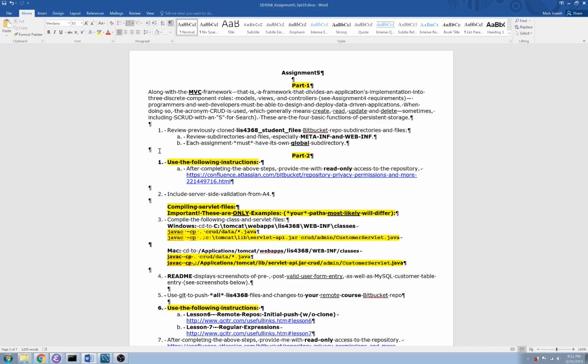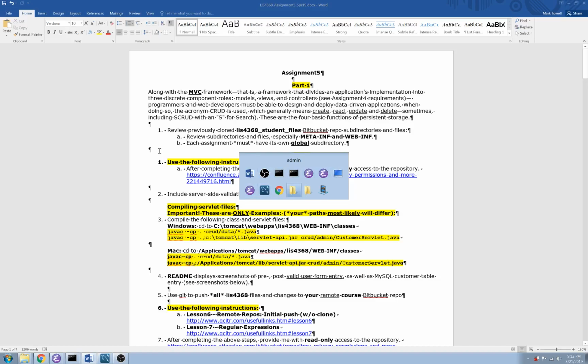The LIS4368_student_files is really your original clone files. You may have kept that, maybe not, or you just took out the _student_files and made that your course directory. Either way, you were given the cloned LIS4368_student_files, and now you have an LIS4368